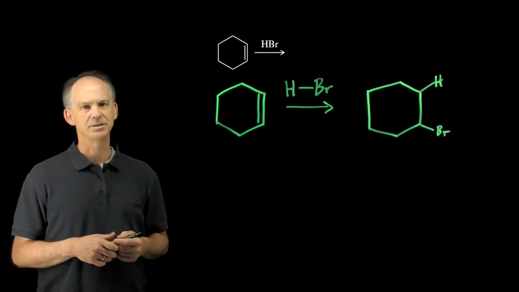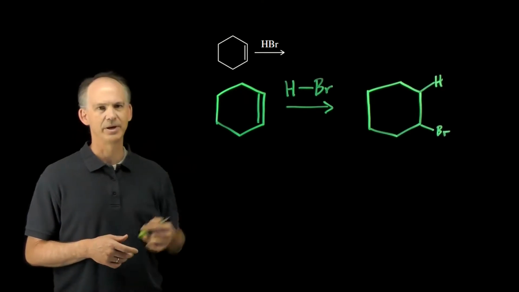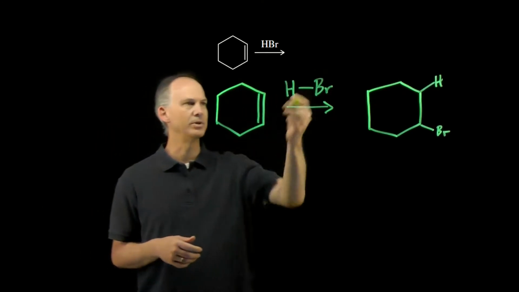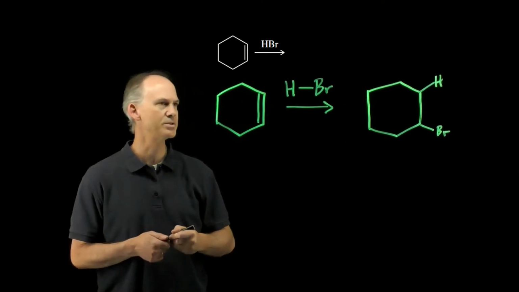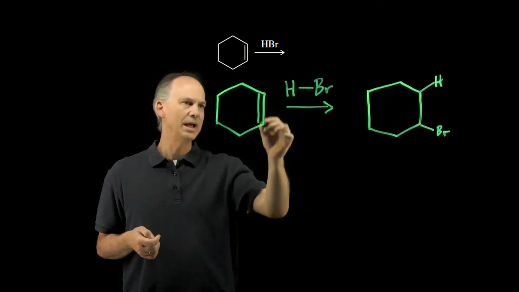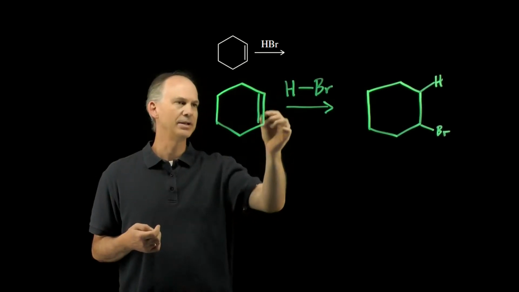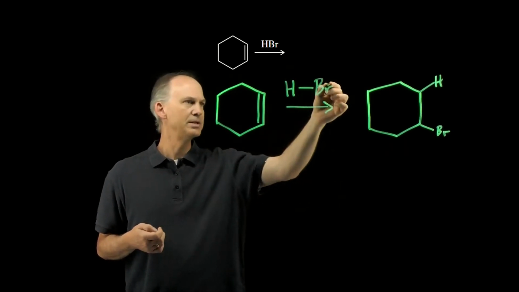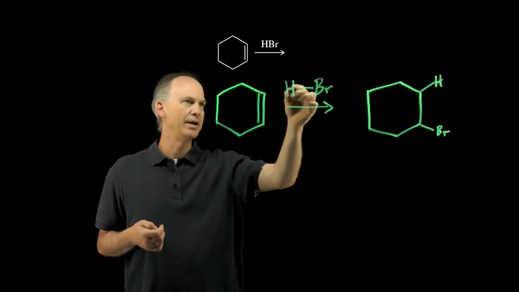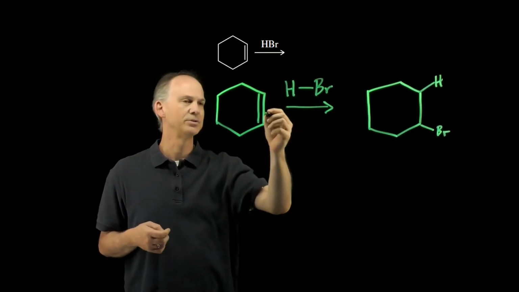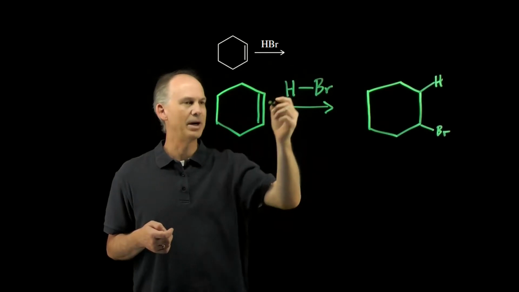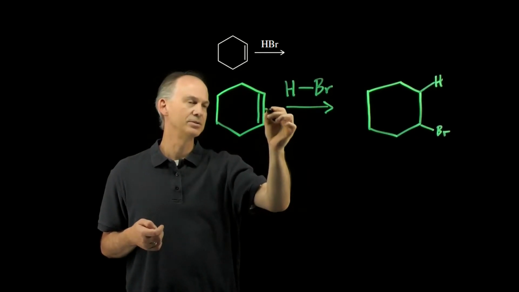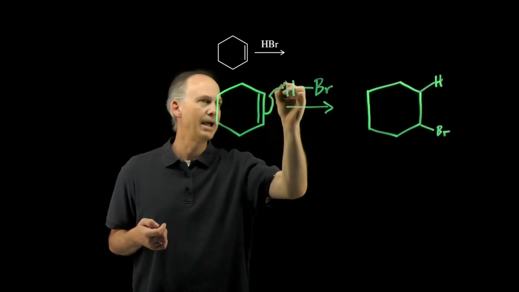This assessment asks us to provide an arrow pushing mechanism for the reaction shown here, an alkene reacting with HBr. To start with, the alkene is the nucleophile. The electron density is here. Bromine is electronegative. That means the hydrogen is electron poor, and so that's our electrophile. Negatives attack positives. And so we can take the arrows, the electrons from the double bond, and have them attack